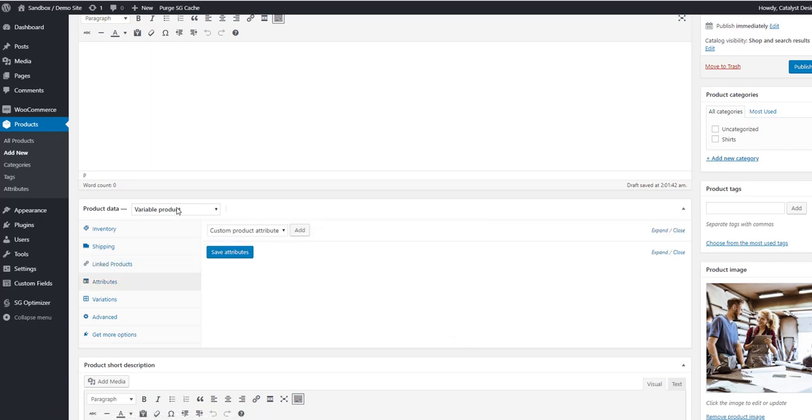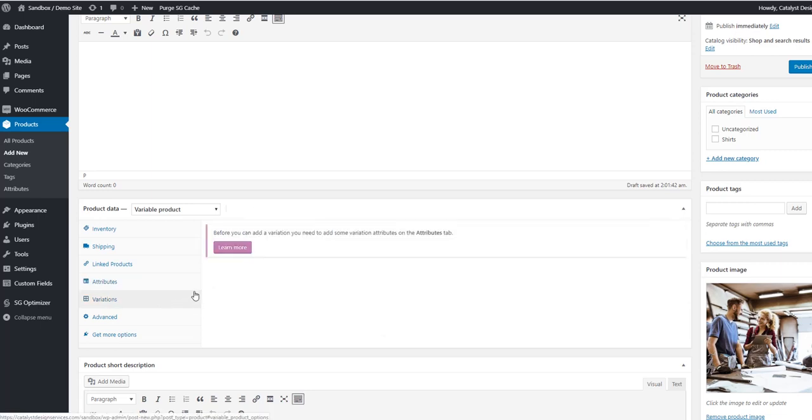Attributes is something that is in relation to variable product only. So this is basically what attributes are you wanting to provide as an option. So this would be, the case would be size or color, that sort of thing. Or maybe Mac or PC, that operating system, that sort of thing. Variations, and of course I have nothing here, but once you've kind of selected the attributes, and we'll cover this in another video, variations will essentially be